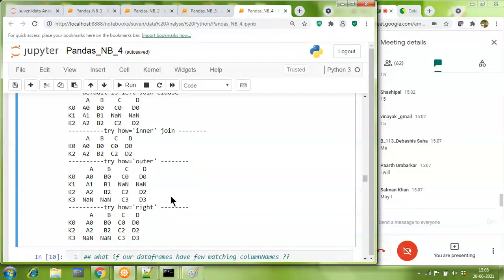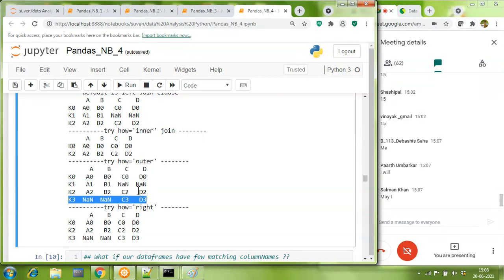I'm sure you can. So when we are going to join them in outer method, we can have common values like K0 and K2 are common here, and both the uncommon values K1 and K3 will also be a part of that.